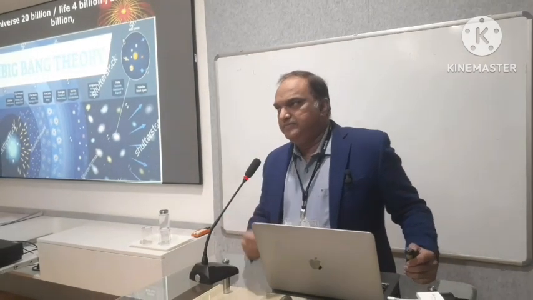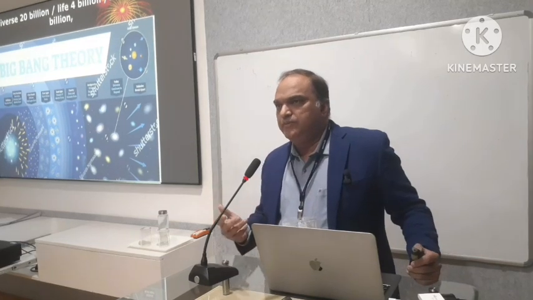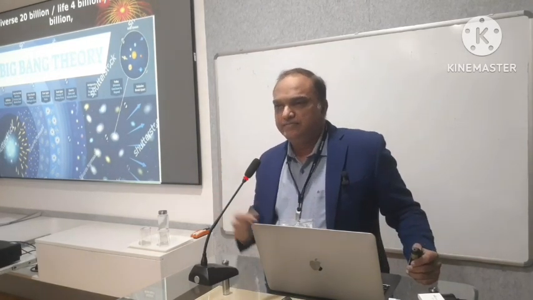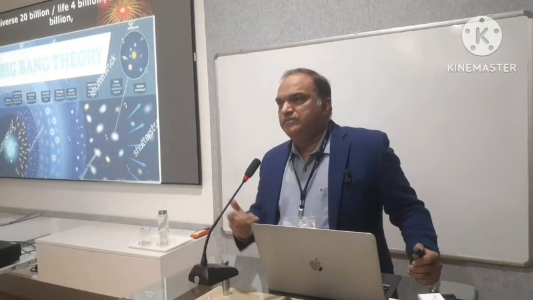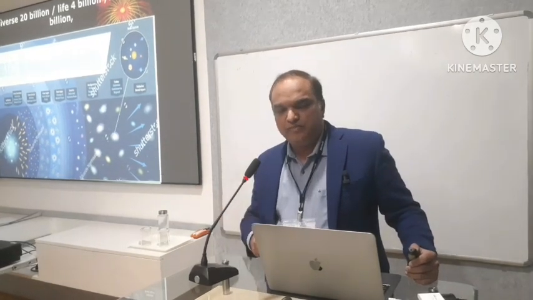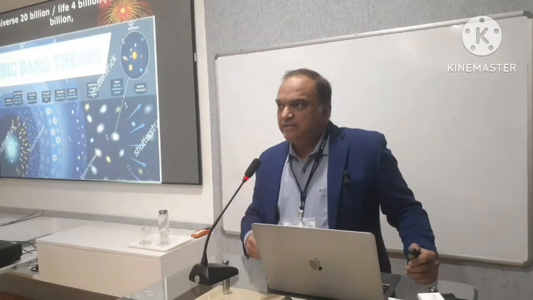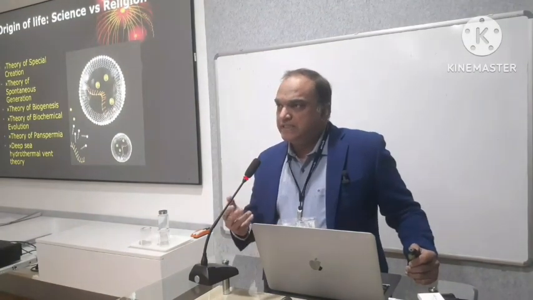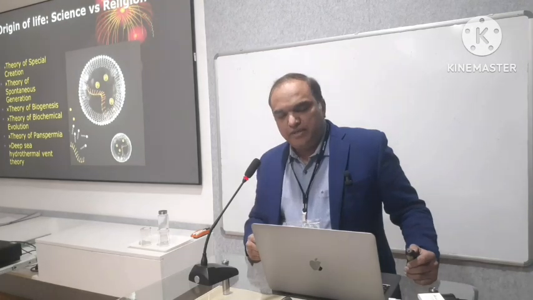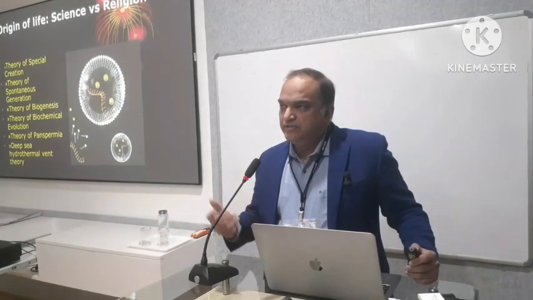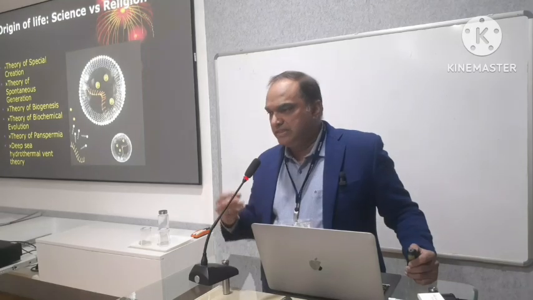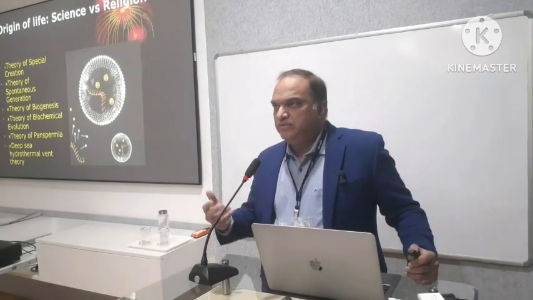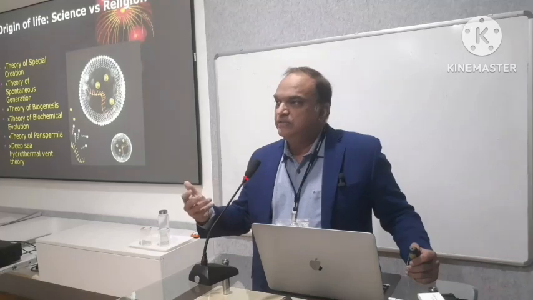So what is happening? Before we understand that, we all know about the Big Bang theory. Religious people would say that God created earth in a day. But we know that there was some explosion and everything was created, the whole galaxy was formed. So the universe was created 20 billion years back. Life came only 4 billion years back. Again, there are theories for life, spatial creation, spontaneous creation, but you as engineers would probably endorse that it was some kind of biochemical evolution in the beginning with some amino acid, high temperature, and that led to the first cell. But nobody is very sure about how life originated on earth.